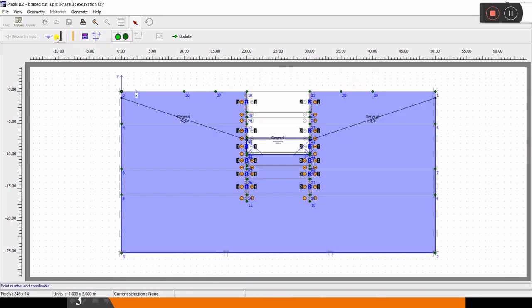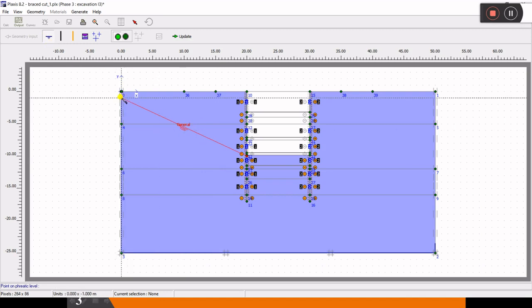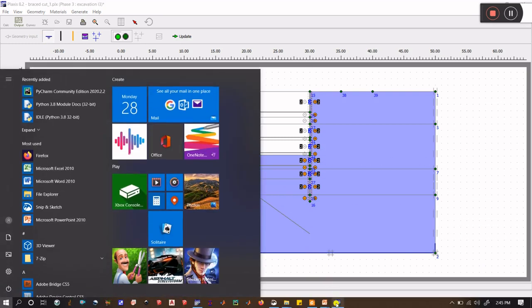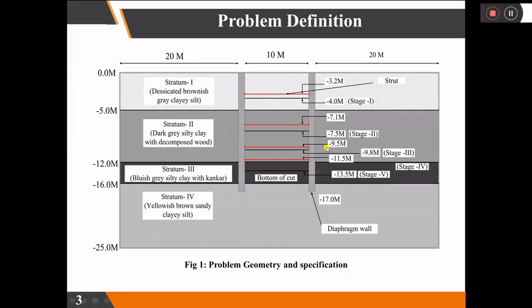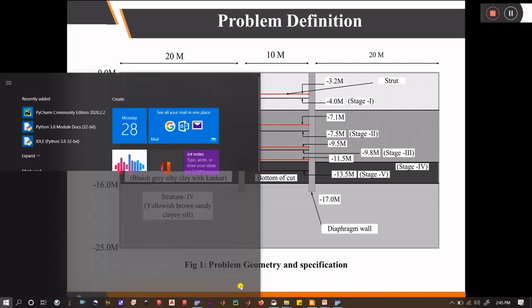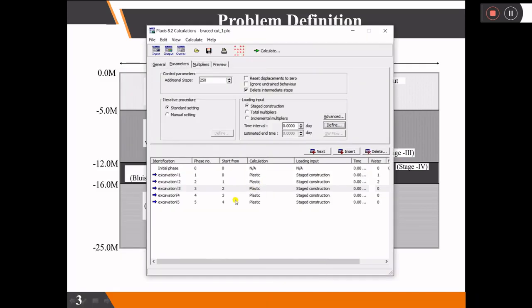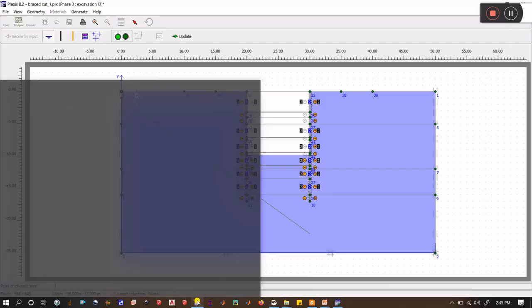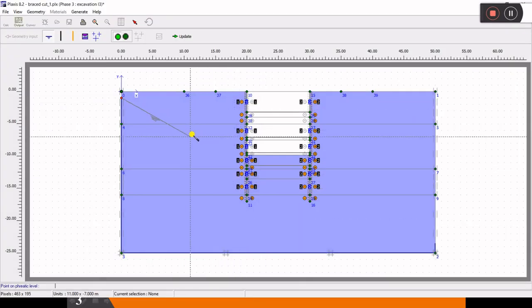I'll go in water level, then I'll define this water level up to that point. Okay, so I think it has not selected the node which I wanted, so I'll again define the water level. So from this point, this was third stage excavation, 9.8 meter. So we'll go for 9.8 meters.